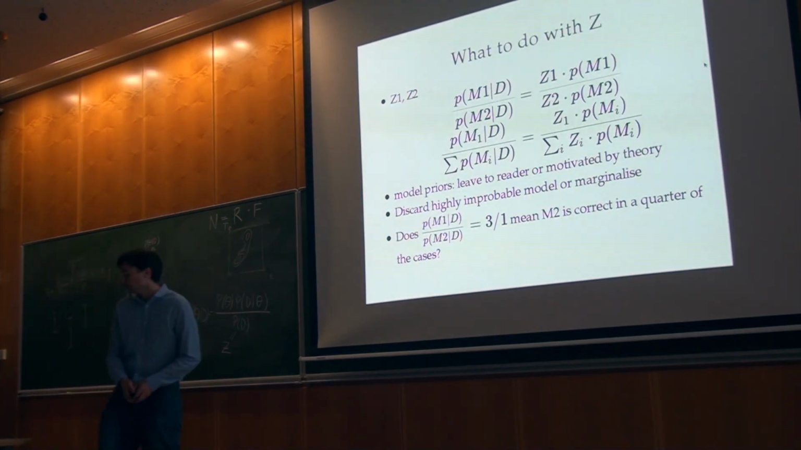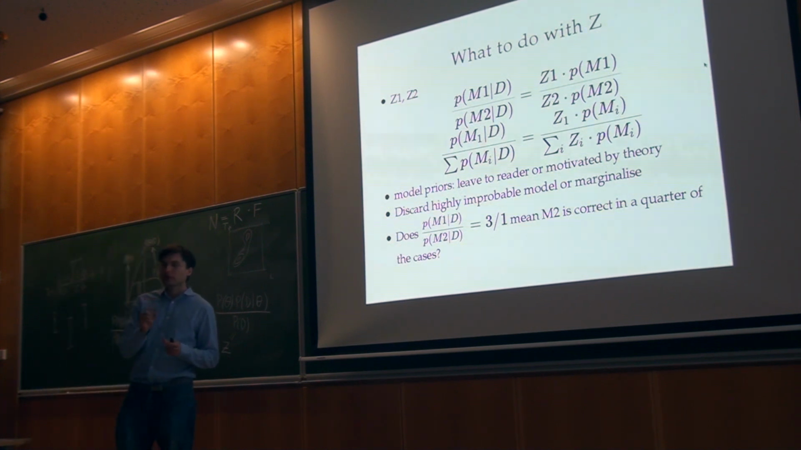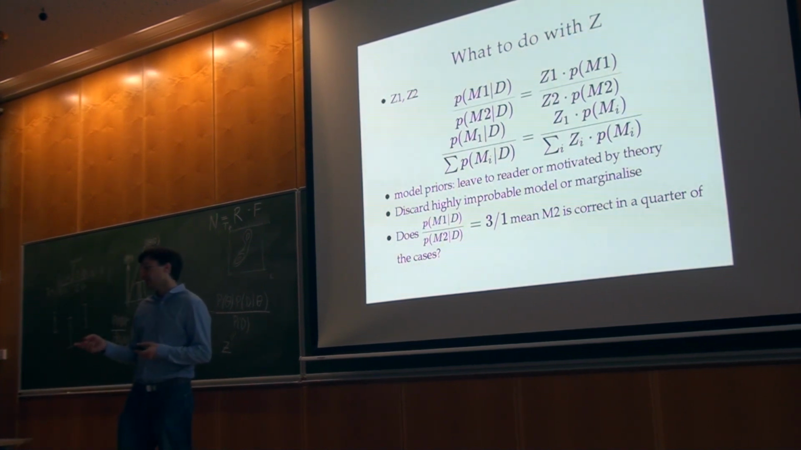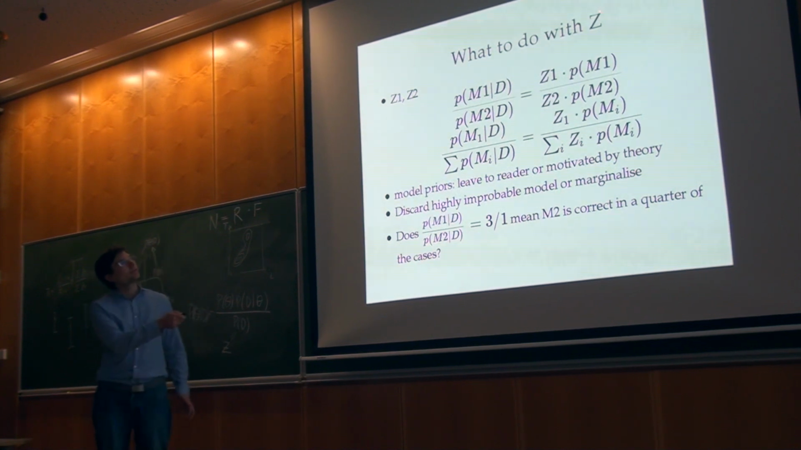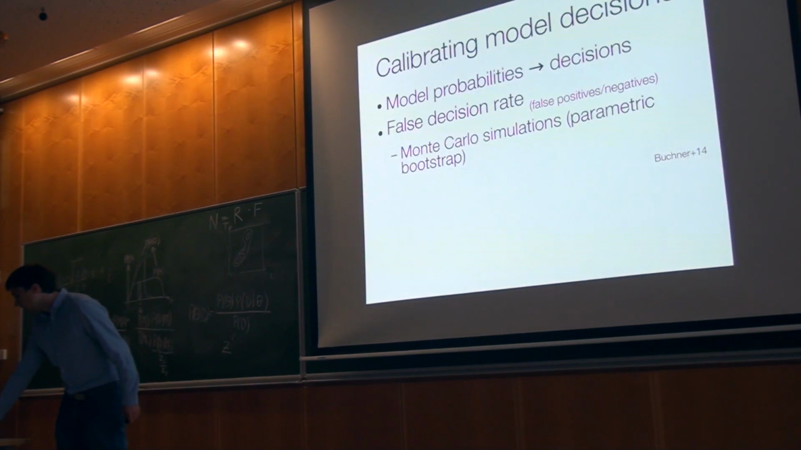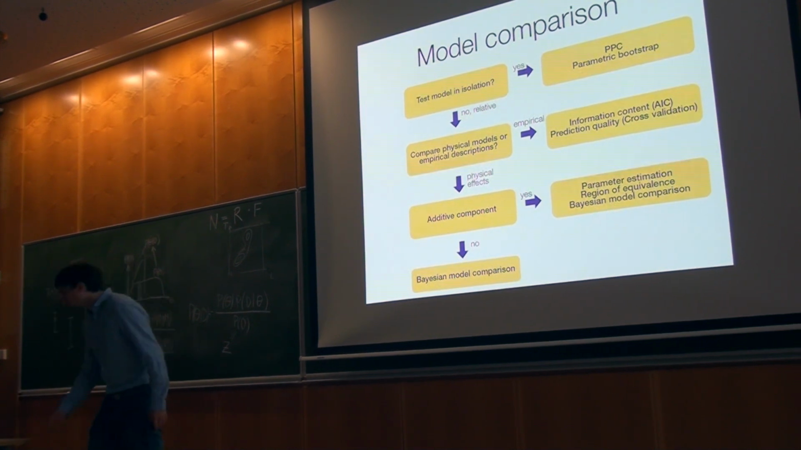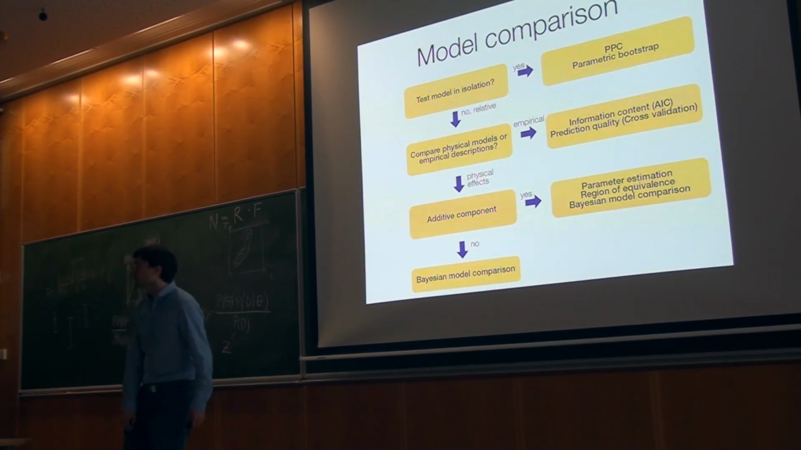So nested sampling gives you both weighted posterior chains and this evidence with which you can do model comparison like that. Okay, so here is a very subjective